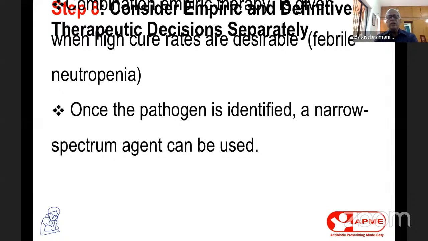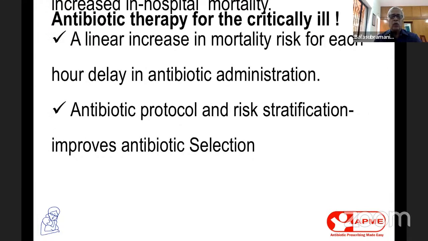Always, the next step is to take these therapeutic decisions depending on the cure rates. And as I said earlier, the mantra today is escalation and de-escalation, arohanam and avrohanam. Whenever there is a sick child, you escalate. Whenever you don't have a sick child, for example, there is a child with pneumonia and hypoxemia, you hit hard. Pneumonia who is very stable, you don't hit hard, you can give oral antibiotic. And here again, once the pathogen is identified, you go to the narrowest spectrum possible.